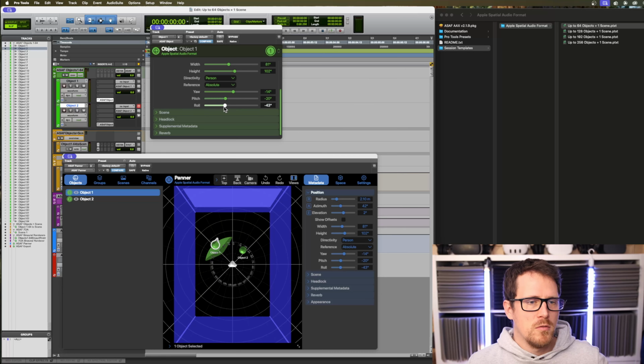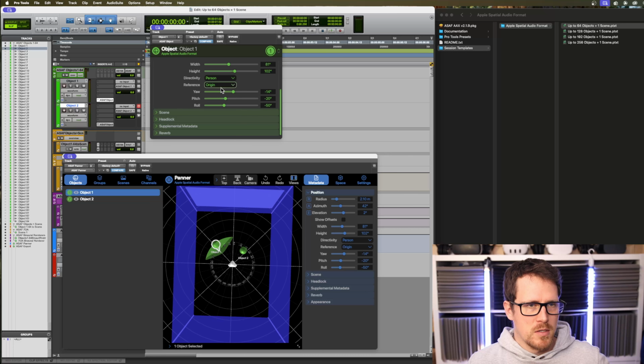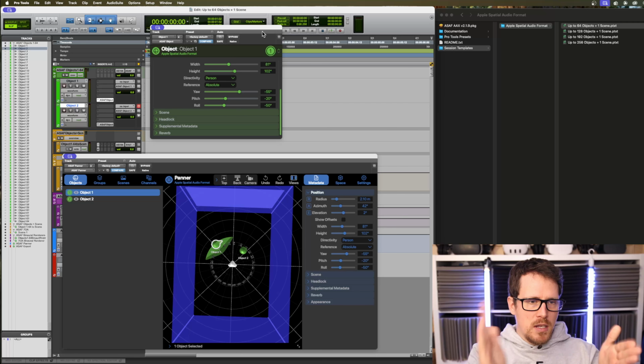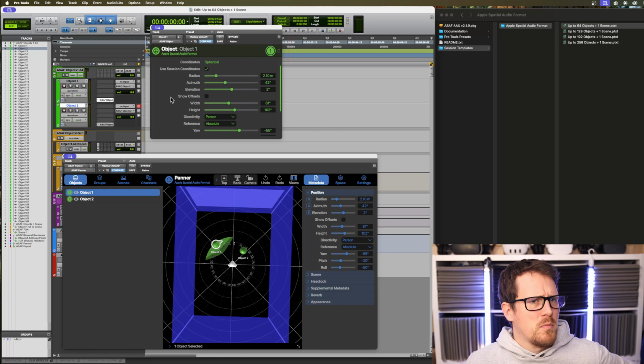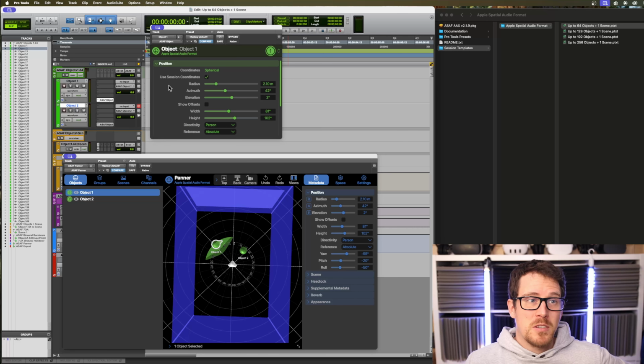Then you can obviously do this with the 3 axes, X, Y, and Z. And you can also change it from absolute to origin, which always points to you because you're in the middle of the scene. So origin makes more sense to me. But imagine if you have multiple sound sources that are pointing in one direction. This is where it could be useful. But there is so much more to discover.